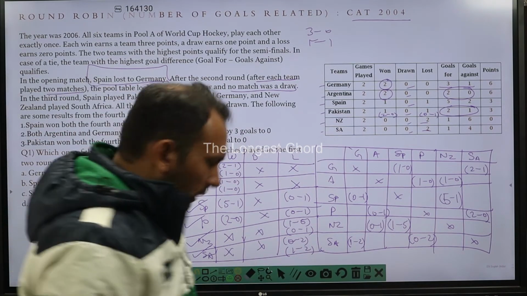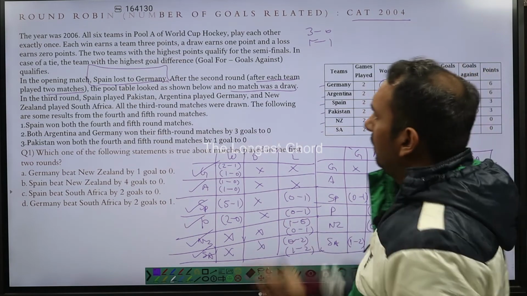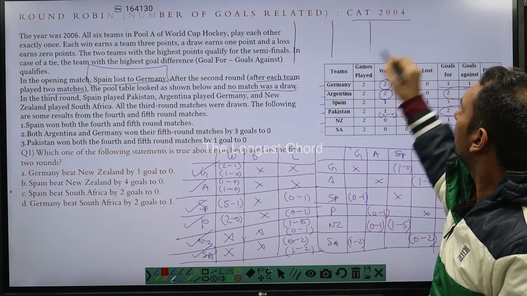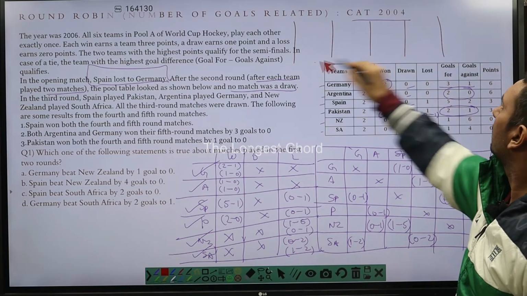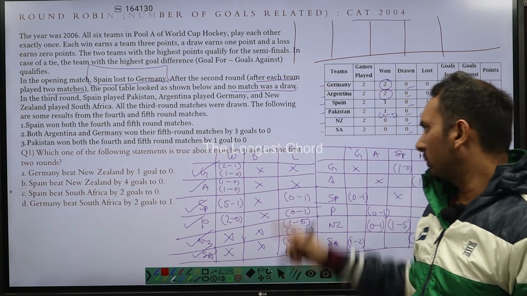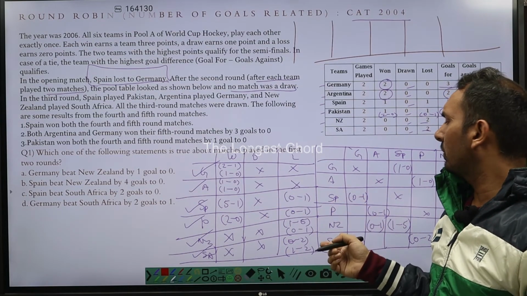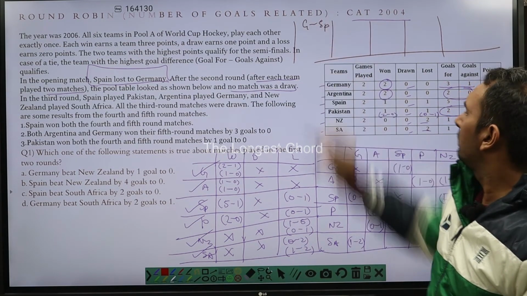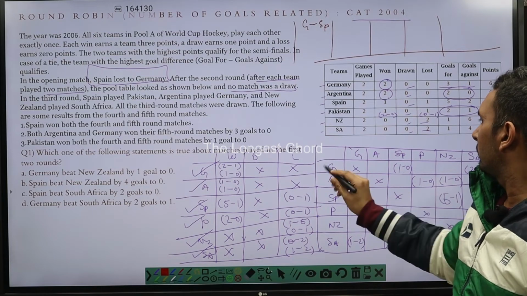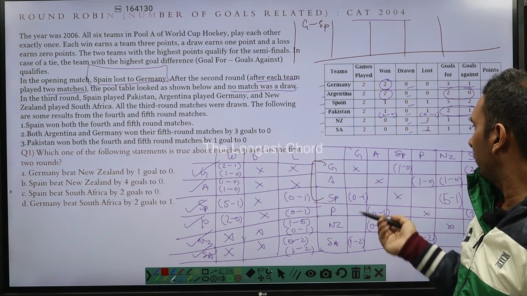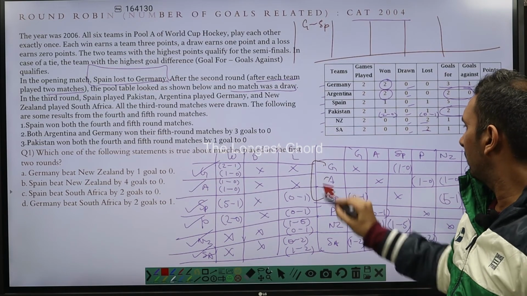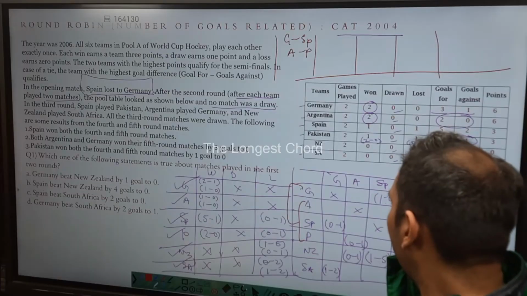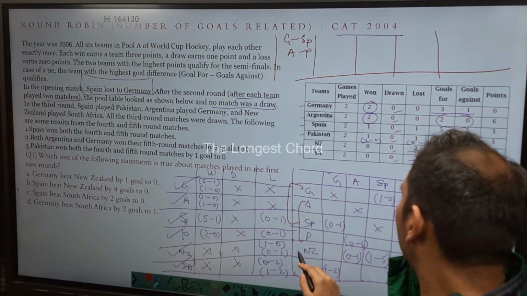Now the next thing is that they are talking about some other rounds also. So definitely, first of all, now the rounds that have already happened, let's say 1, 2, 3, 4 and 5. These are the 5 rounds. Okay, now the first round we can take any teams. So we can say that GSP we can take in the first round, and so GSP is gone. We can make another pair, AP we can make, and then we can make the remaining pair, that is New Zealand against South Africa.